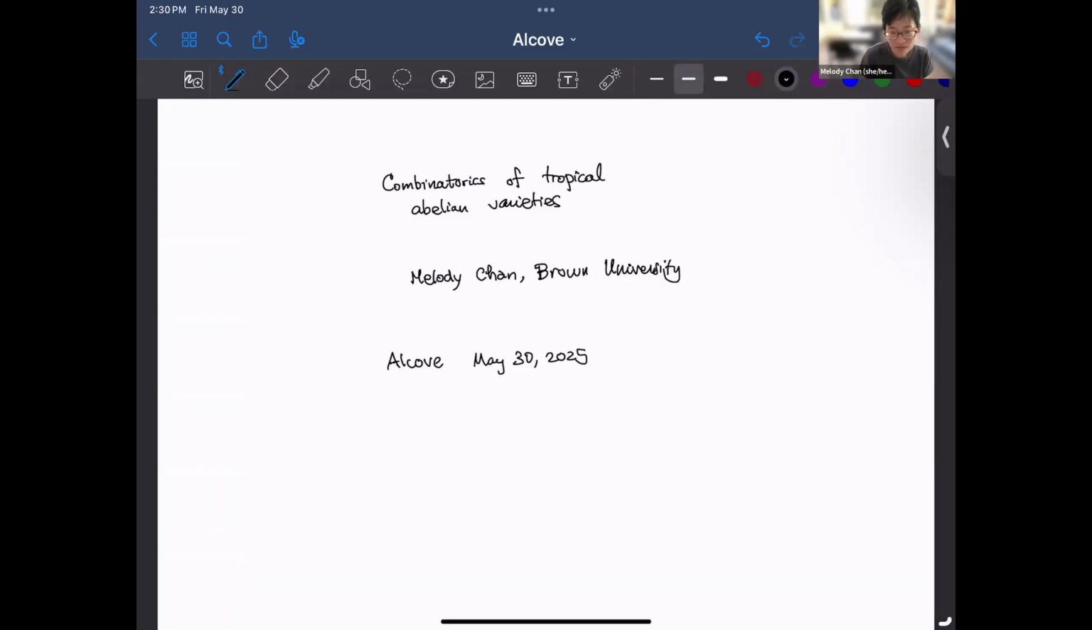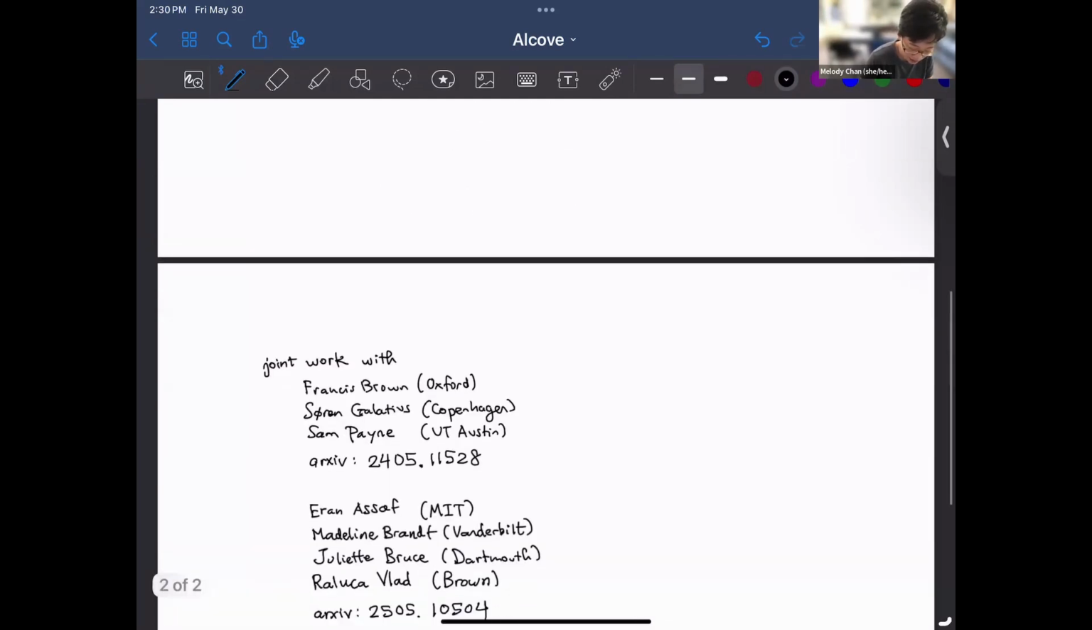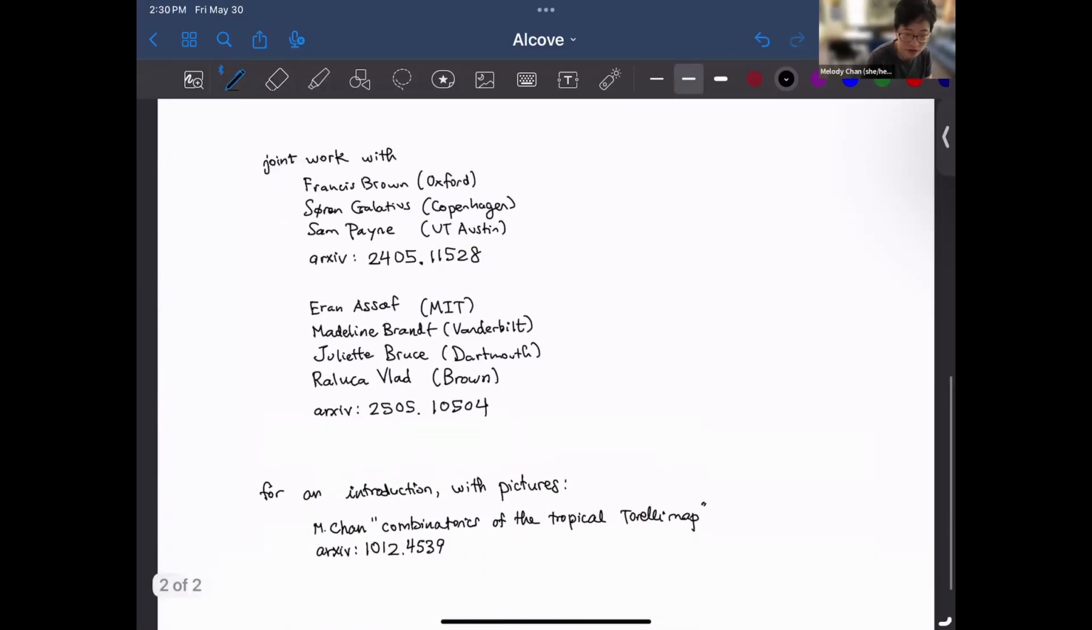I want to tell you some combinatorial aspects of a topic that I've spent quite a lot of time on recently, and in fact, up to 10 years ago during my PhD thesis, even further back. Let me give you some references, and then the rest of this will be sort of board talk, so to speak. I have two recent-ish papers joint with Brown, Galatius, and Payne, and very recently joint with Asaf, Brandt,